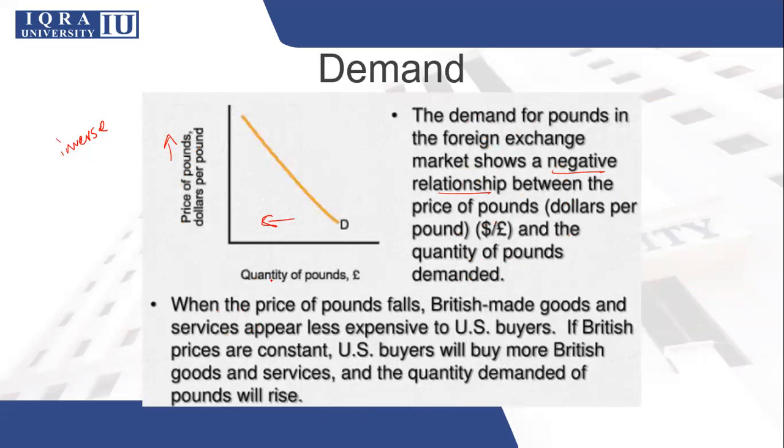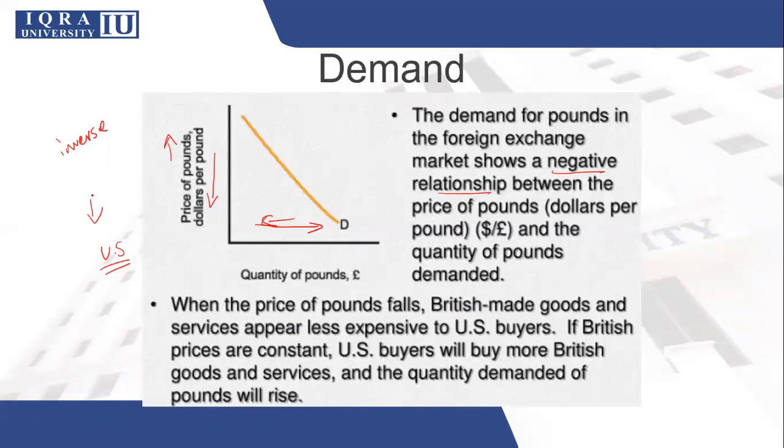So in the foreign exchange market, when the price of the pound falls, so now we're assuming that the price is going downwards, that means that the demand will be increasing. What happens is that the British made goods and services appear to be less expensive to US buyers. We're assuming that there are only two countries, one is Britain and the other is the US. So if the British pound comes down in value, the products of Britain become cheaper, and what will happen is that the US